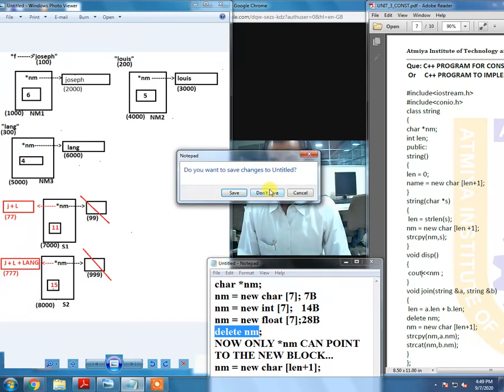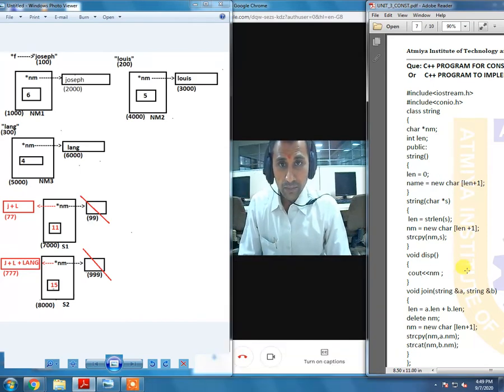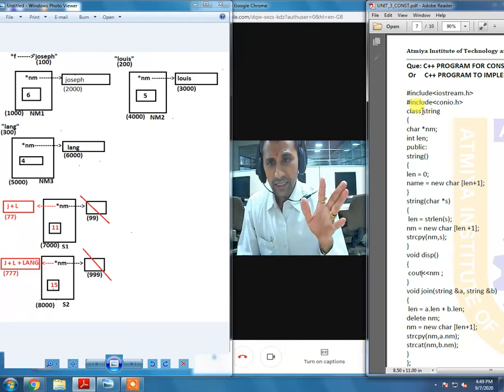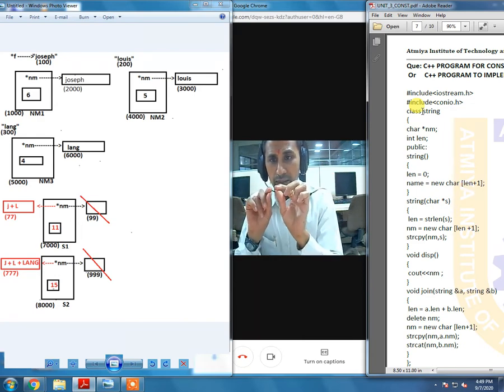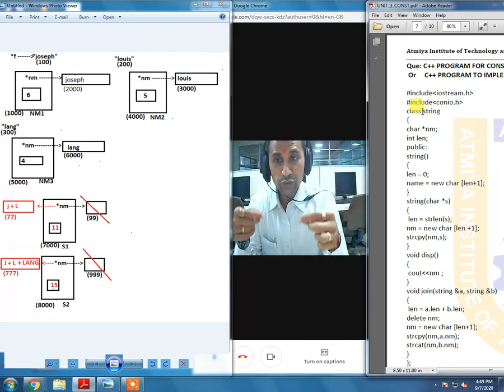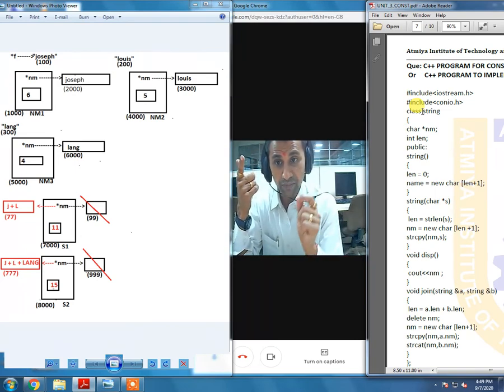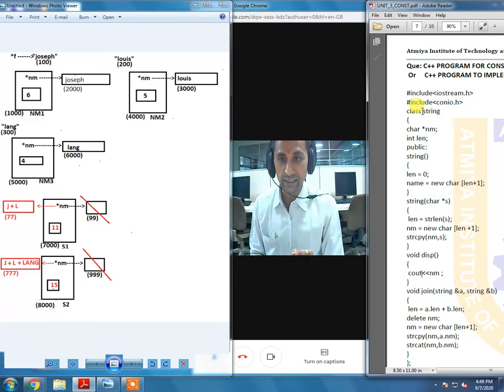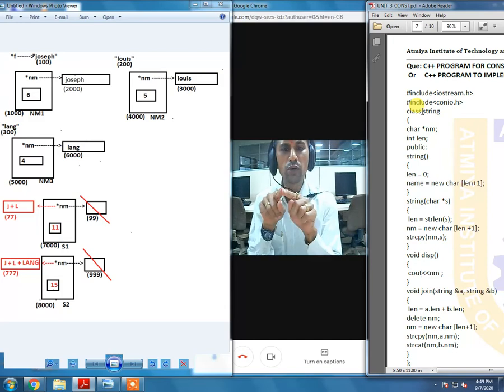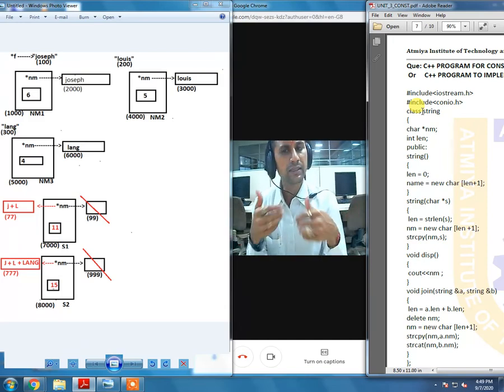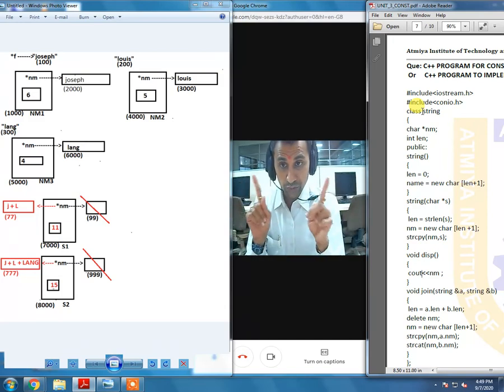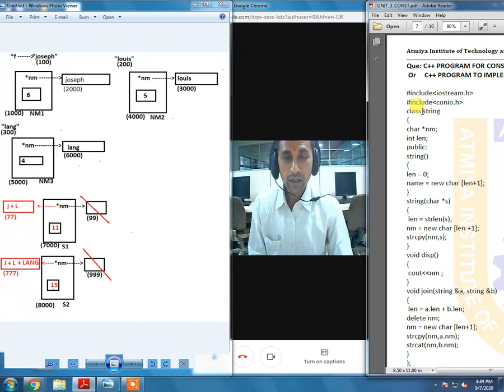Okay, now let us go for the program. This particular program is headed as dynamic constructors or constructors with new and delete. If you remember one particular rule from the properties of constructors, it was that constructors make implicit calls to new and delete. That means we are not manually asking a constructor to assign the memory, or asking a destructor to release the memory. It is a by default task. The compiler is going to take care of that, and that is why we had mentioned that they are implicit calls.